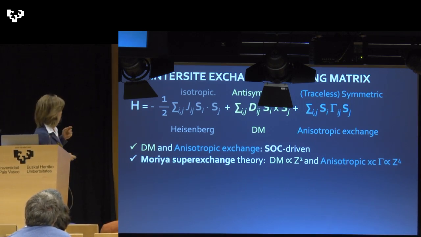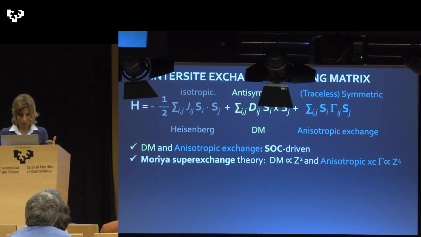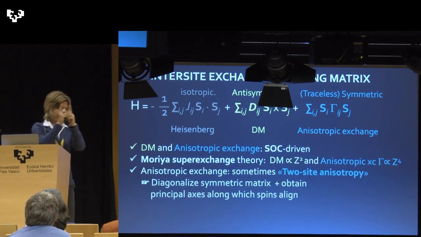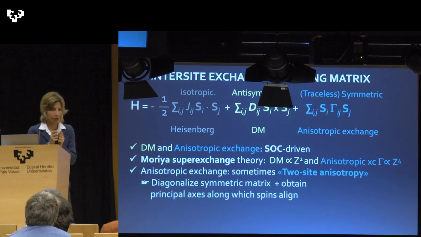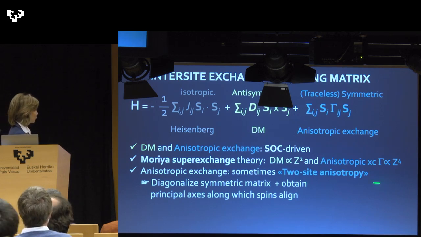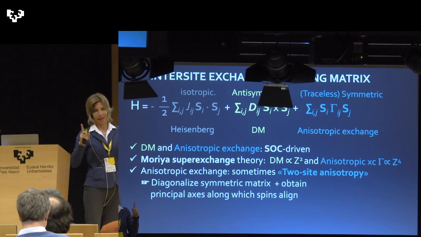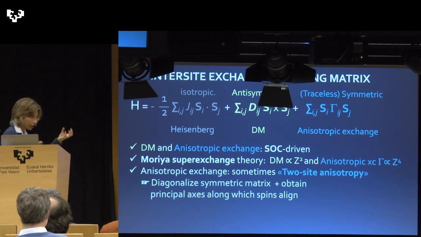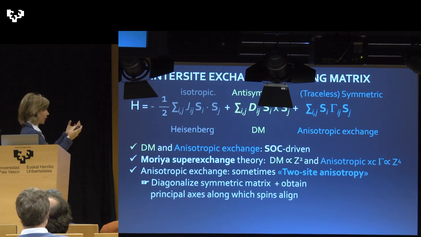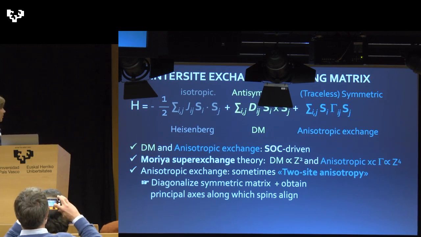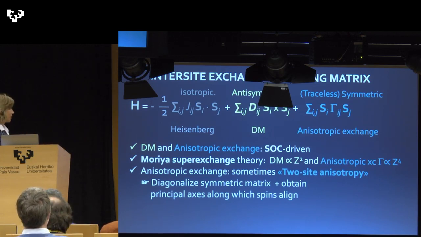This anisotropic exchange is usually orienting the spins in a certain direction. So sometimes people call it two-site anisotropy. It's an anisotropy, but it's an intersite anisotropy. So it's not the single-ion anisotropy as we are used to thinking about anisotropy,